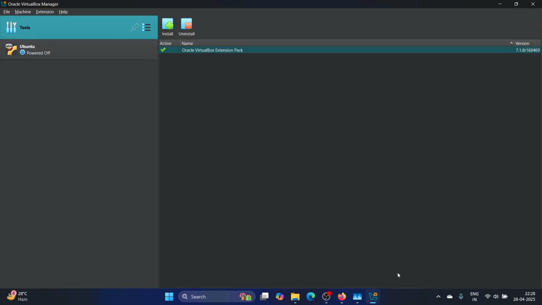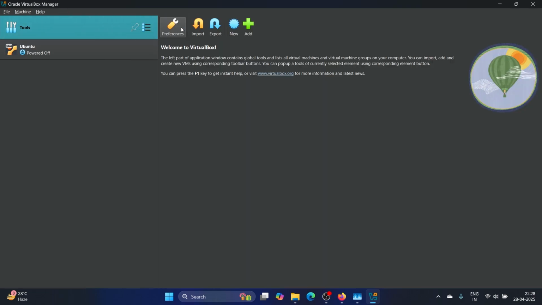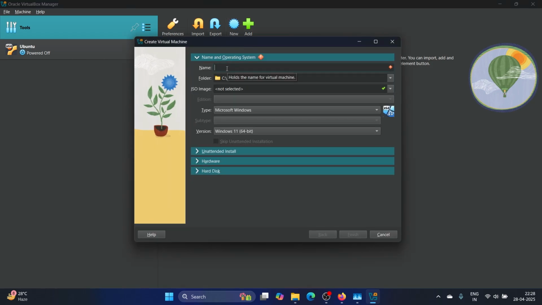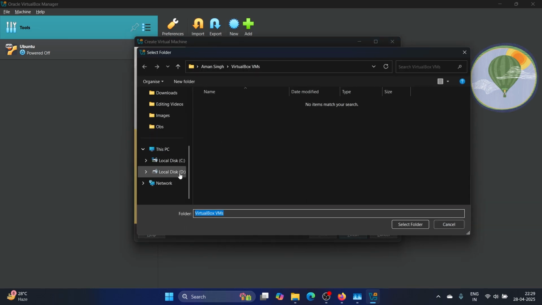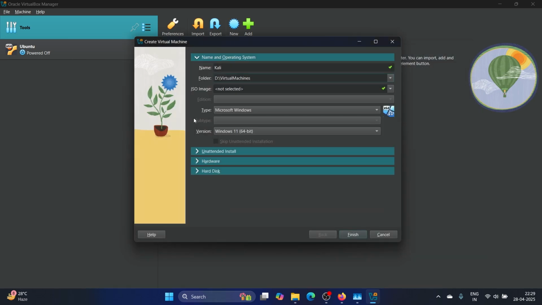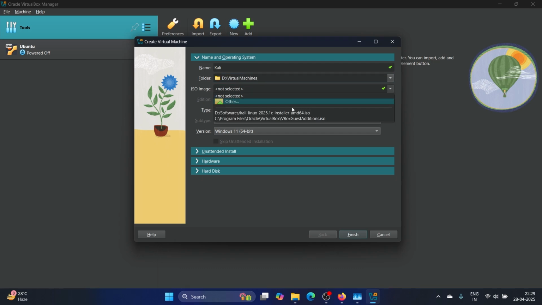Now we're going to create the virtual machine for our Kali Linux. So first we go to the welcome screen, and here we select the new option and give our machine a name. I give it the name Kali, and here it's asking to select the folder. By default, it's set to your main drive, but you can change it. And here it's showing the option of the ISO image. Here you select the Kali Linux ISO which you downloaded earlier,